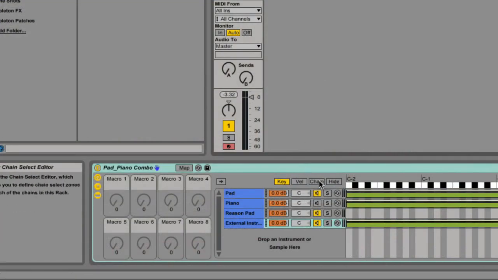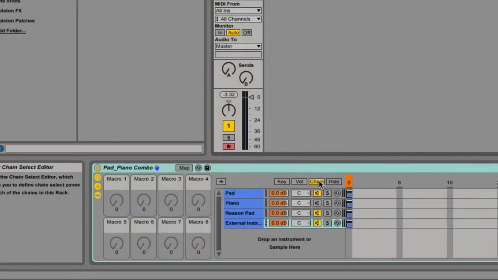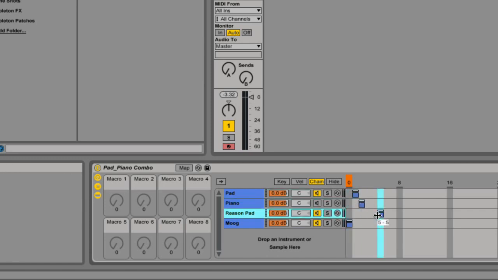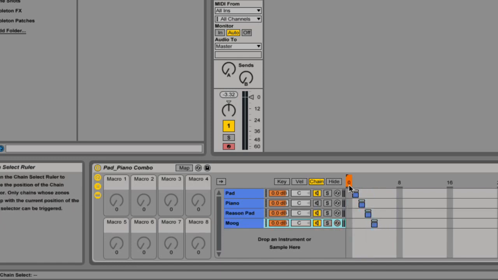I can go to the chain select ruler here, or excuse me, select the chain. And over here in our zone editor, each of these is a zone. We're basically going to figure out which chain each sound is going to be in. So pad, piano, Reason pad, and this external instrument, we'll name this Moog. Which preset do we want each to be in? So I can move this pad to 1, move piano to 2, Reason pad to 3, and let's move the Moog here to 4. And again, I have chain 0 set as kind of my mute. That's how I like thinking of it. So now if I play sounds now,